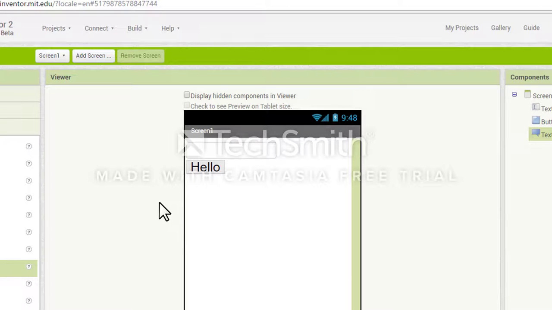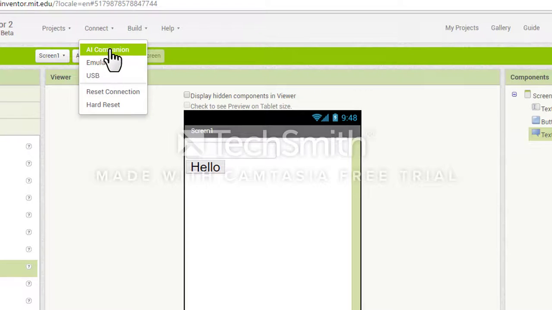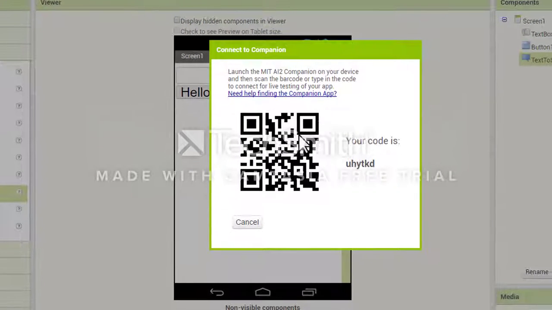The first option I'm going to show you in this video is how to connect and test your program. The best and easiest way, and this only works if you have an Android smartphone, is to click on connect and then just use the AI companion. Once you do this, you have the QR code here. So now the next step would be if you just scan this QR code with your QR reader on your smartphone,